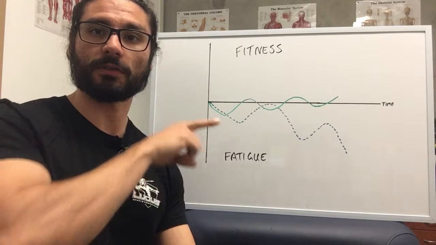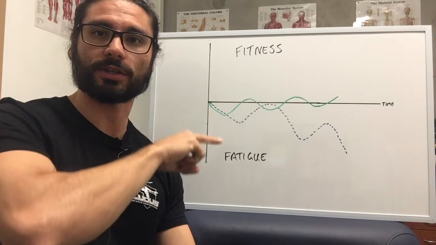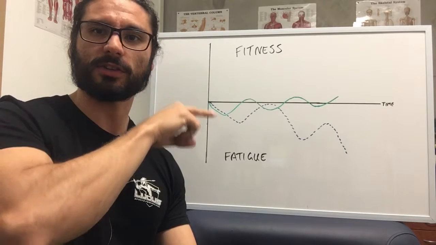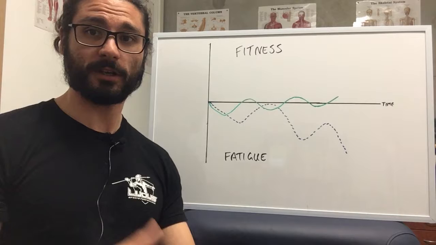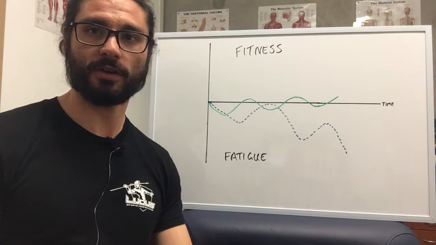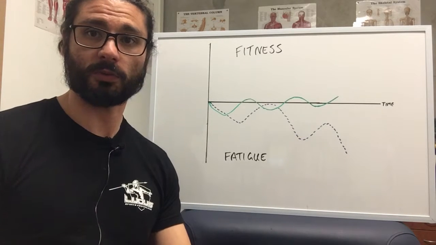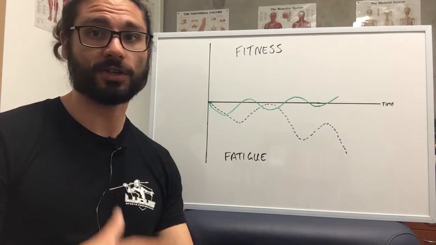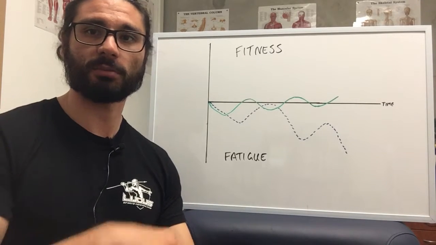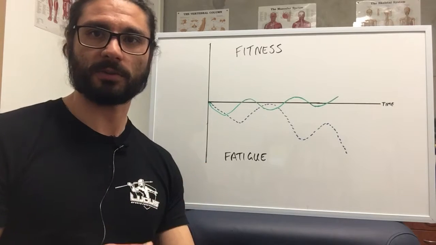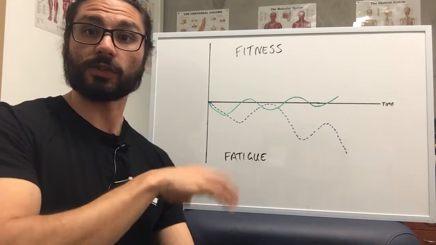Now realistically over time, this line actually shifts up and down, it's not really fixed, because sometimes we're feeling really fit, depending on how much training we've accumulated over time, and then sometimes we're in a really fatigued state, or we've deconditioned, we've gone on holidays, etc. So the line is actually moving, but just for a general visual representation, let's say this is a normal training